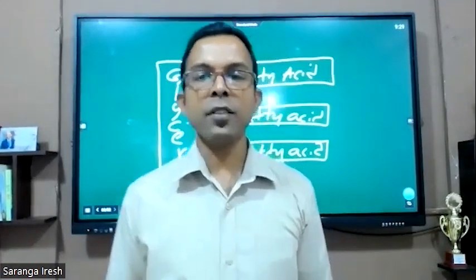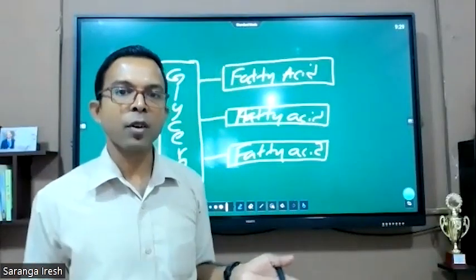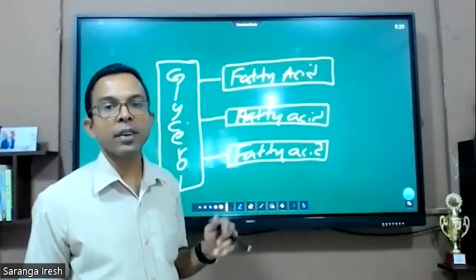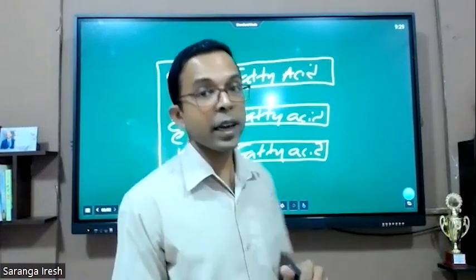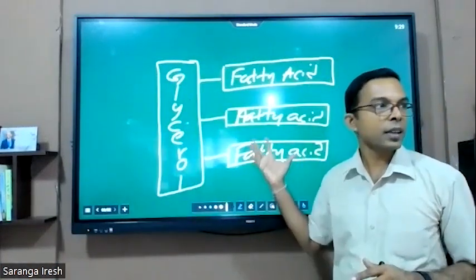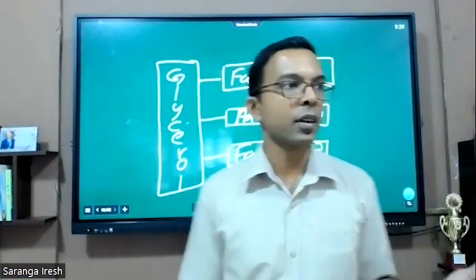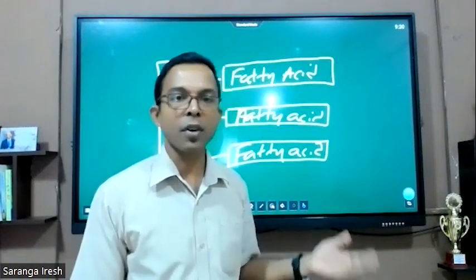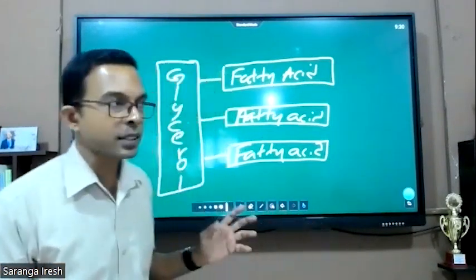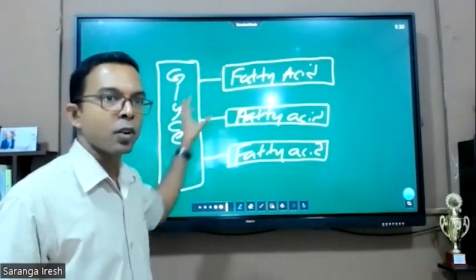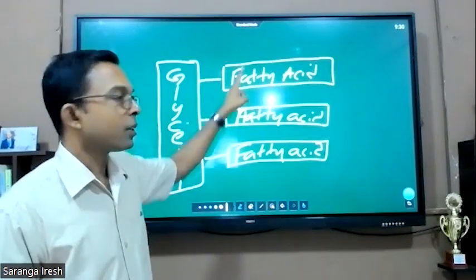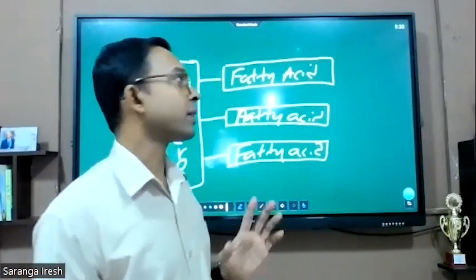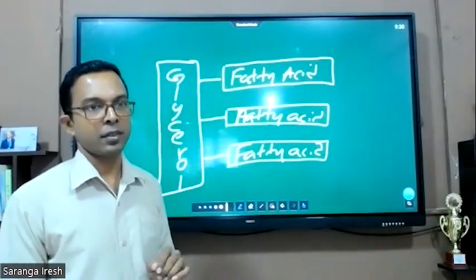So commonly we name it as fat and oil. The fat and oil are made up of a glycerol molecule and three fatty acid molecules. There are different kinds of fatty acid molecules. That is why there are differences between these fats and oils. Coconut oil, olive oil, sesame oil. There are different types of oils available. So all are sharing this common molecule type, but because of the different fatty acids, their properties change.